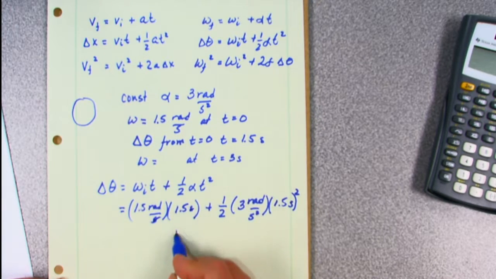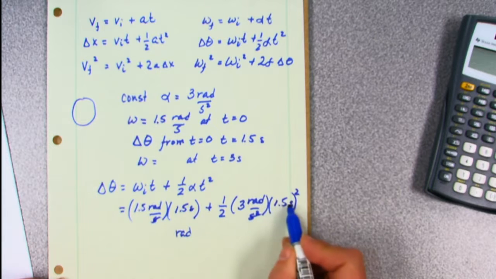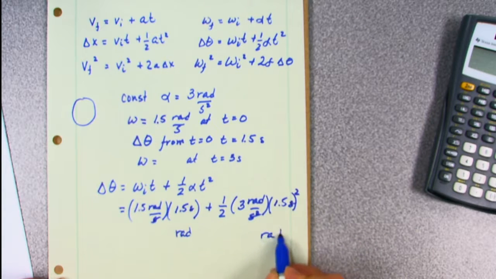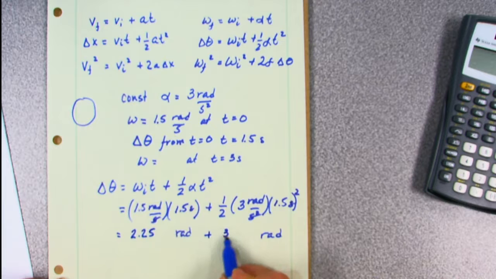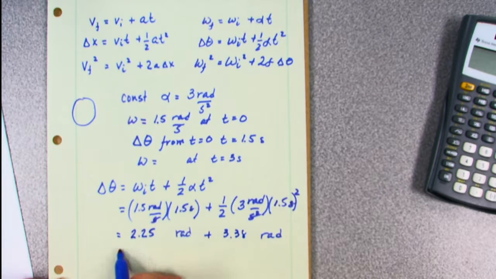Seconds cancel, so I'm in radians. Seconds squared cancels, so I'm in radians, so I can actually add these two things together. I get 2.25 radians plus 3.38 radians, which gives me